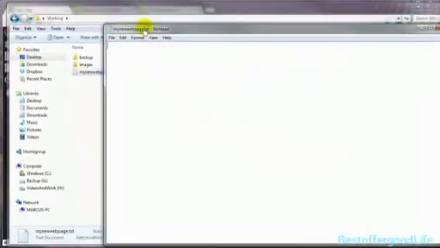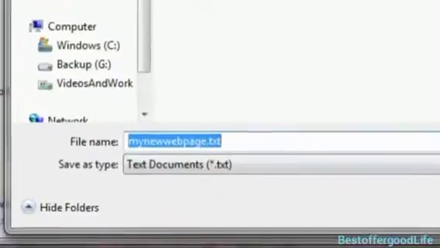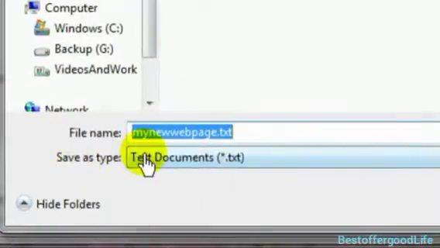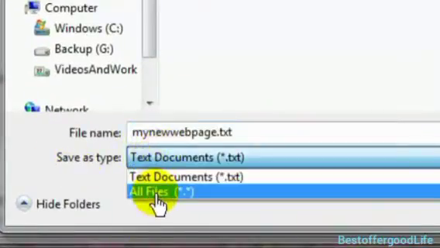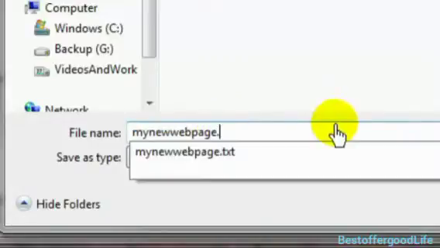Now, let's go ahead and make this a web page, technically speaking. You can see right here it's .txt. We need to save this as an HTML or .htm file. So go to File, go to Save As. And with Notepad, you want to first come on down here to Save As Type and make that All Files, and then change that .txt to